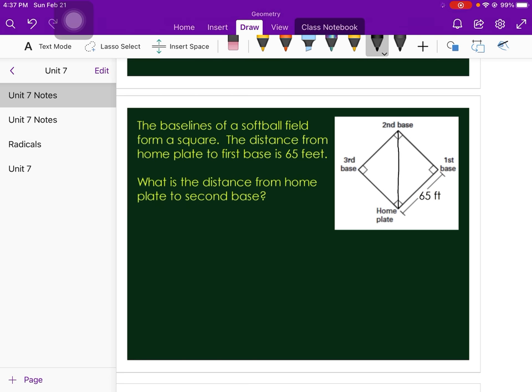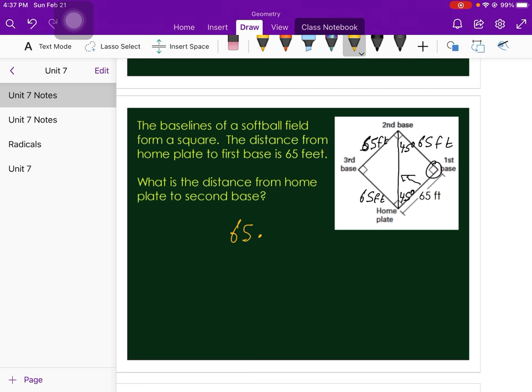And what happens when I do that is I actually form a triangle. Since I'm cutting that 90-degree angle in half, this is going to be 45. This is going to be 45. And then this is our 90 degrees. So now we have the 45, 45, 90. And recognize the fact that 65 feet is going to be the same distance all around here. Okay, so if each of those is 65 feet, and this is a 45, 45, 90, the trick to this is